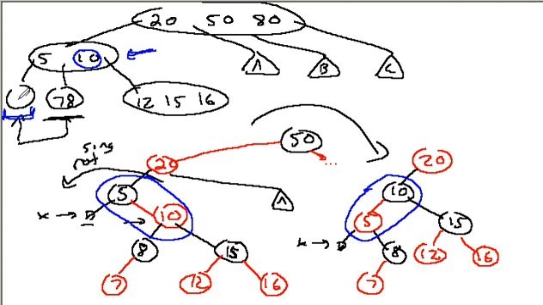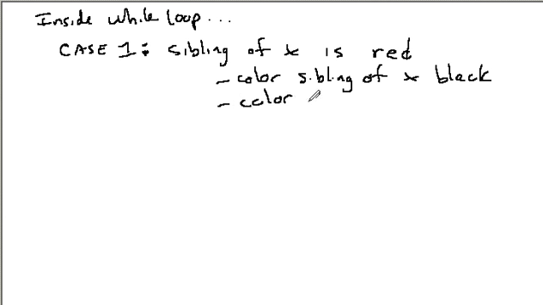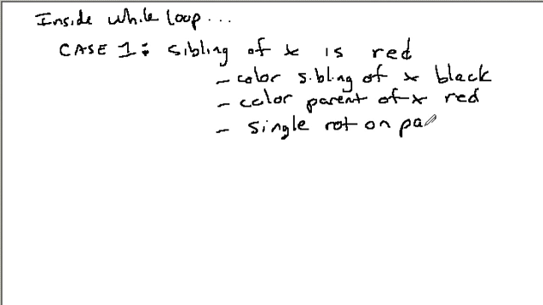So that's why we have this first case where we say, is the sibling of x black or red? If it's red, then in this case, what we're saying is, oops, let me change it to black. We say, color the sibling of x black, color the parent of x red, and then do a single rotation on the parent of x